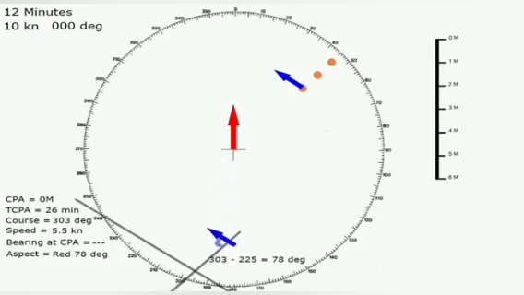Now, after all that, we've completed the plot. Completing the plot simply means finding the closest point of approach, time to the closest point of approach, target vessel's course and speed, their bearing when they're at the closest point of approach, and their aspect. In other diagrams it would be more difficult to find these, and we might have a CPA that's not quite 0. Now, to confirm all this, let's just swap it out from a radar plot and look at the overview